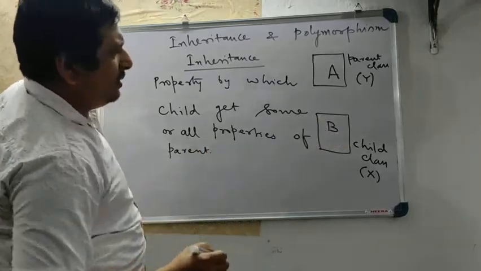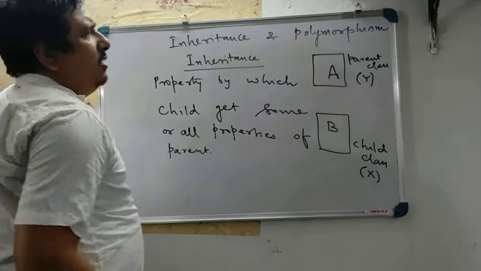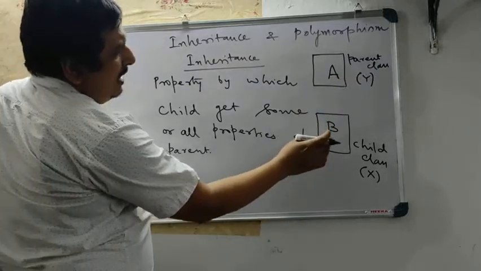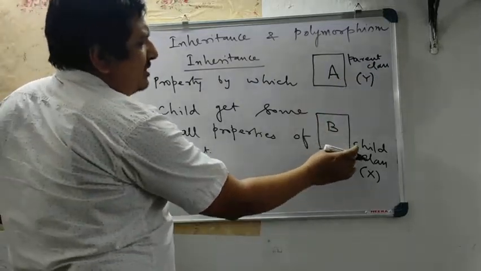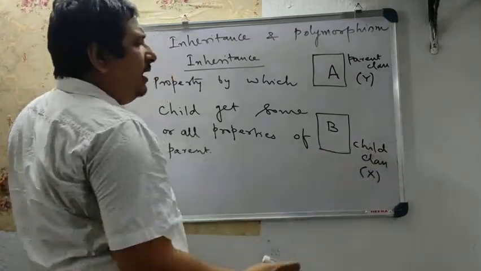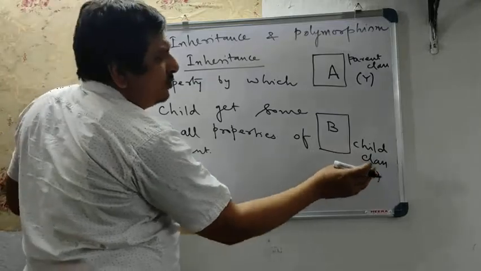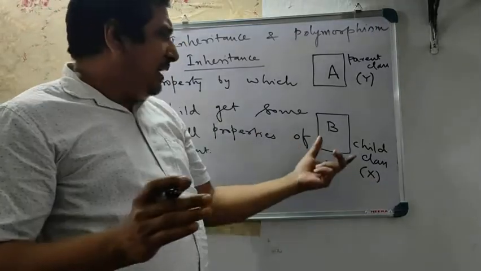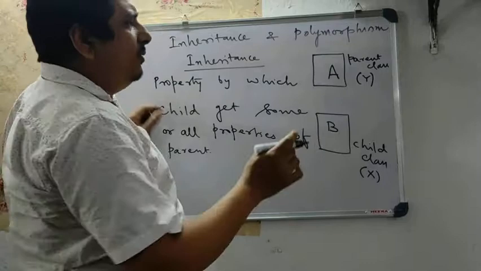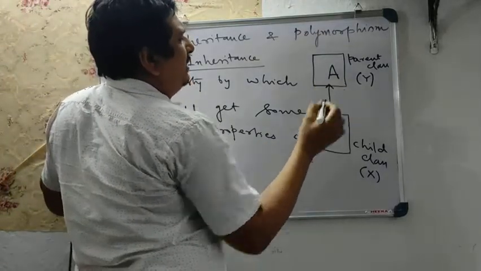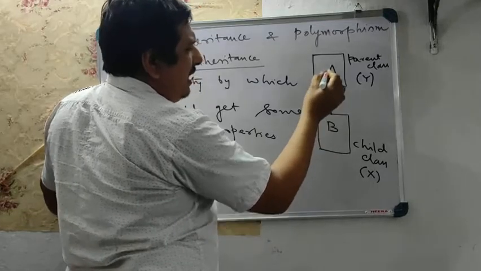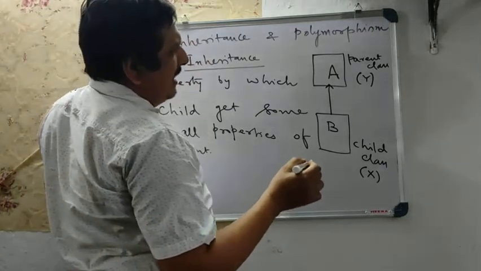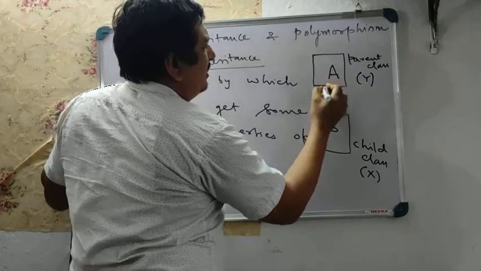So here, let us consider there is a class A which is the parent class, which has its own properties, consider it as Y, and we have another class B which is the child class and has its own properties, considered as X. So B has X and A has Y. Now, if they have an inheritance, there is an arrow like this, and I am just making it a reverse one.